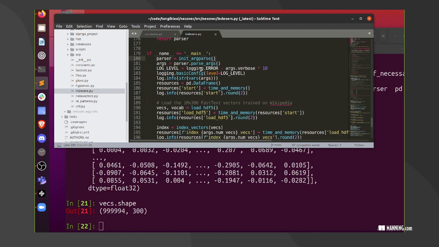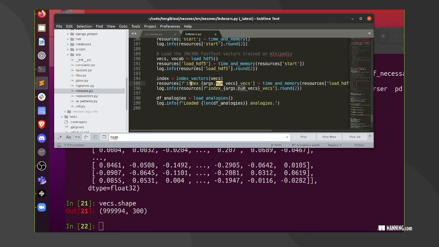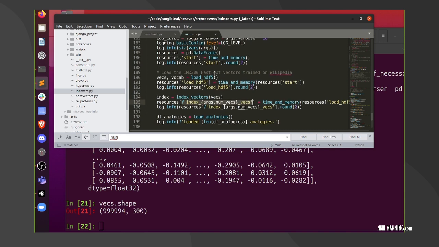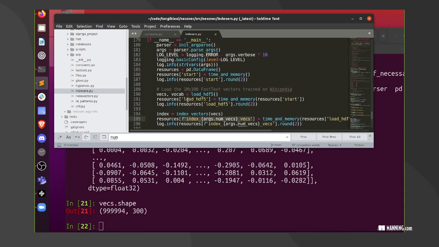So it doesn't take as long to run. The whole reason why I created it was so I would have numvex. Let's see. Did I use numvex anywhere? Here it is. I used it in the display of the logging of what I did, but I didn't actually. Oh, no, I did. Okay. I used it in the naming of the column. Let's see. Did I pass it in as an argument to the load HT5 thing? Resources load HT5. Where's load HT5? Yep, I didn't pass it in as an argument. Numvex equals numvex